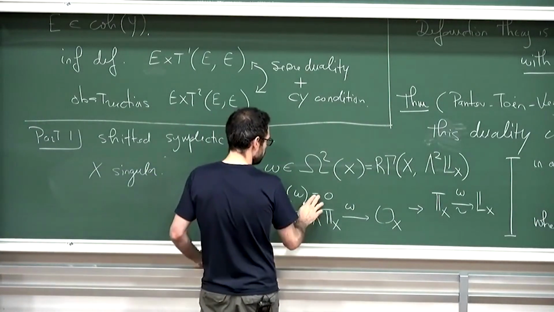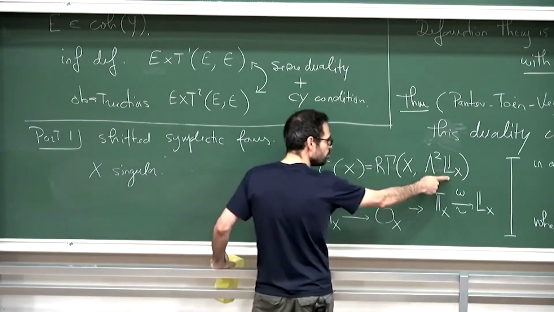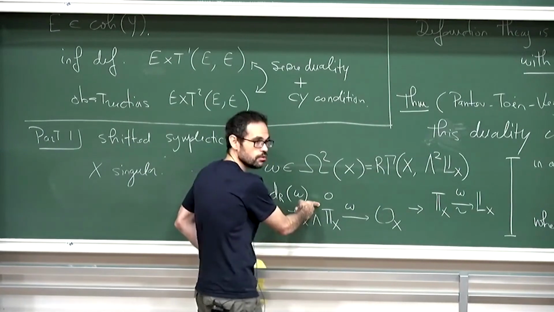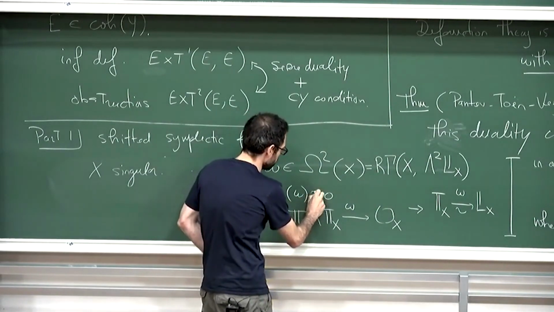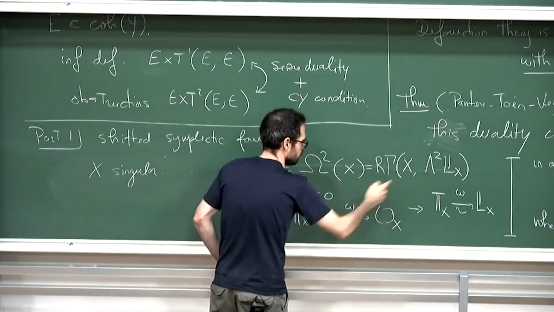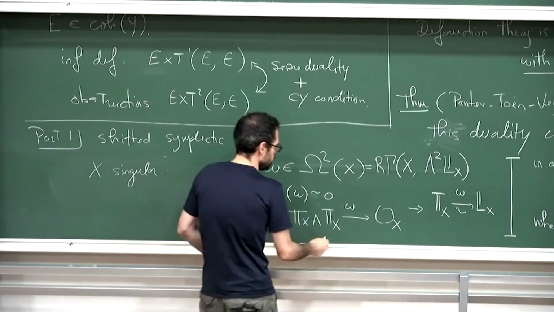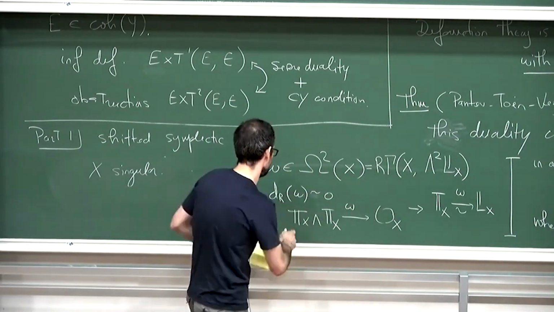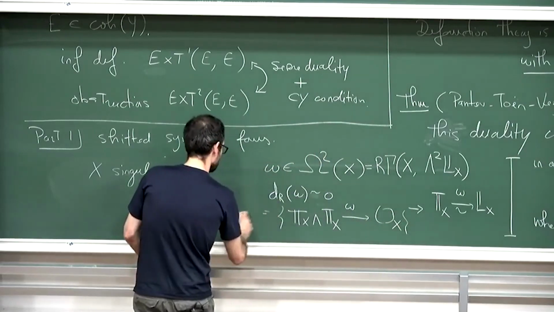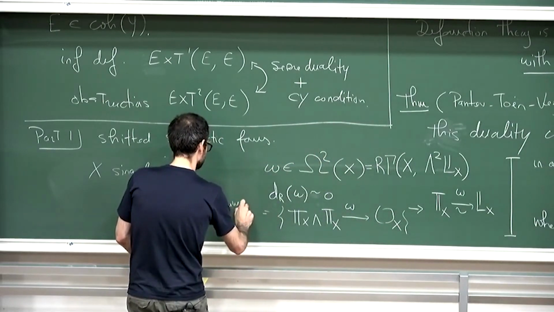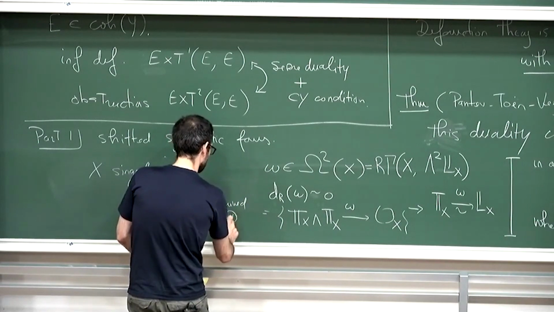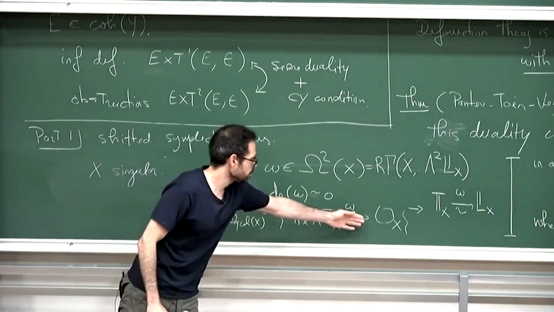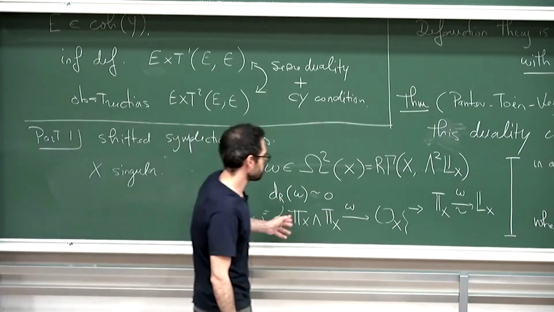The de Rham differential is a bit more complicated because this is a complex. So the wedge power 2 is a complex. So when I say that the de Rham differential is 0, this really doesn't make sense. So I have to ask for a homotopy in the second complex for this to make sense. And then this still makes sense. It is a form. Everything here induces a pairing, this time living in the derived category of quasi-coherent sheaves. So this is a map in the derived category of quasi-coherent sheaves, and it still makes sense to ask for this.